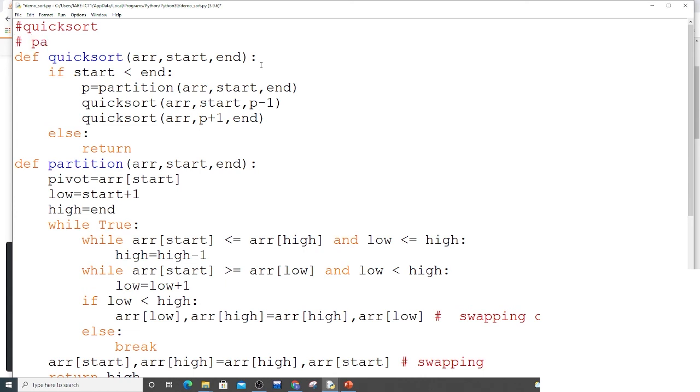So this is your partition algorithm. It is applying the partition algorithm, and it follows the divide and conquer policy.